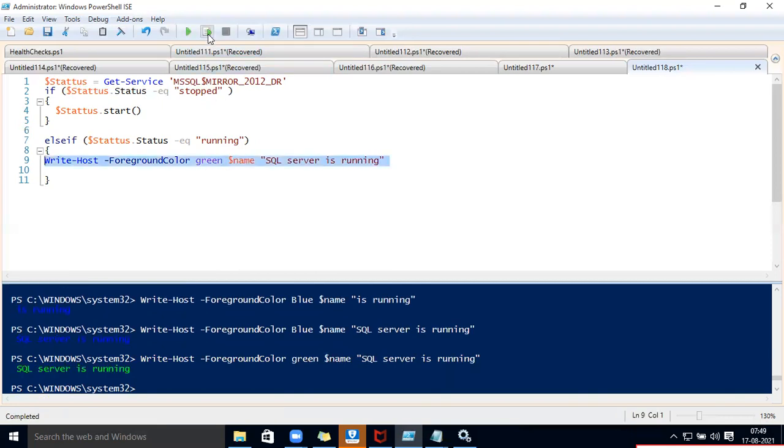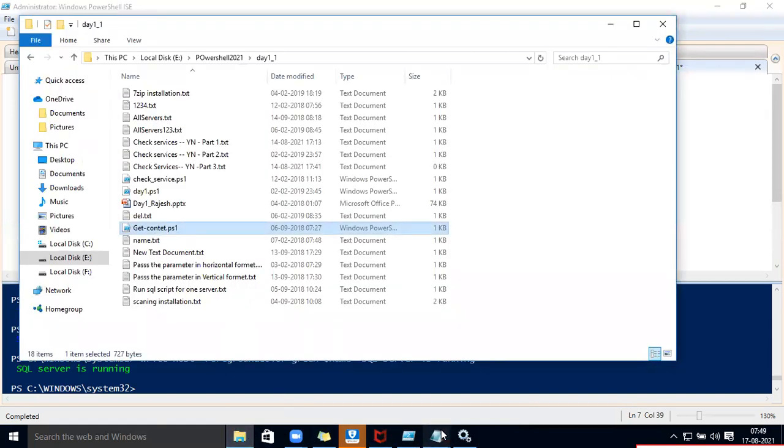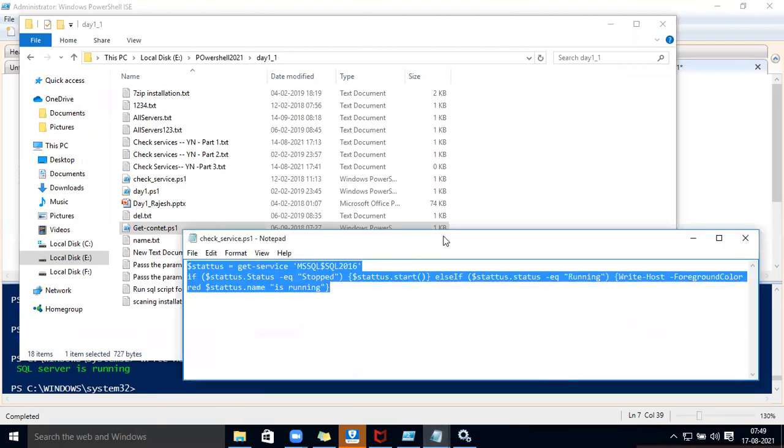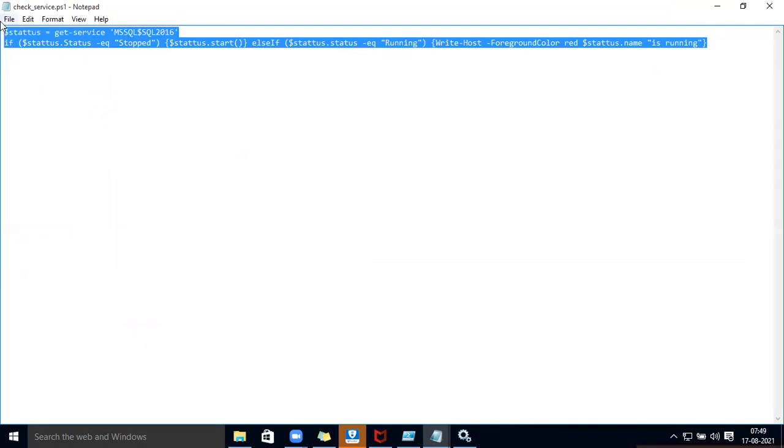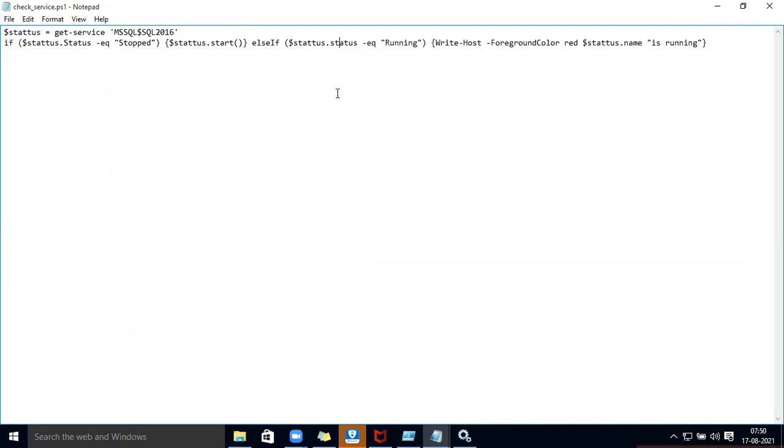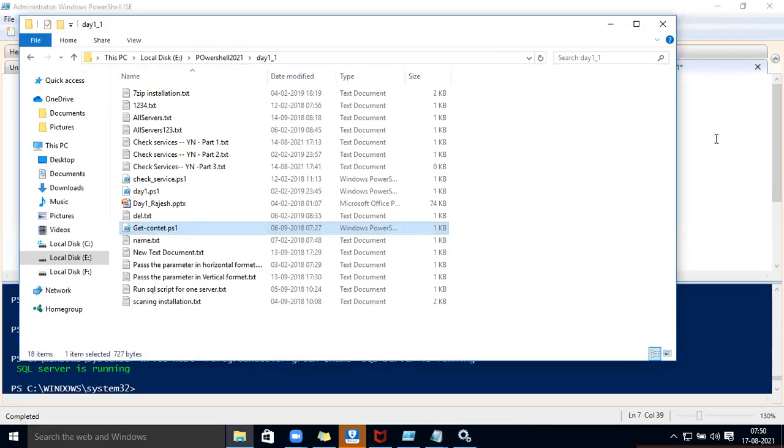So this is the small program I have written here, where if the SQL server is stopped, go and run it, and if it is running, display the result: SQL server is running. So this is the one small program we have done. Okay. Now, it is the same command only, and you will type the same thing. What I have written there is also the same, in one line only. It is written for example purposes, which I have shown you.